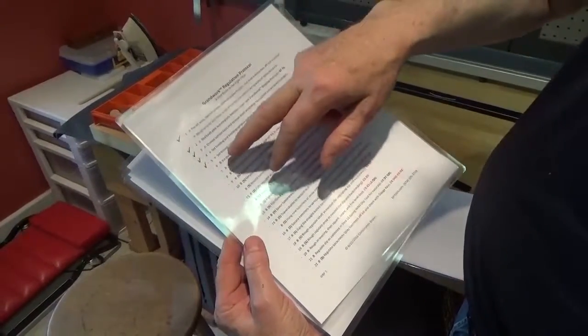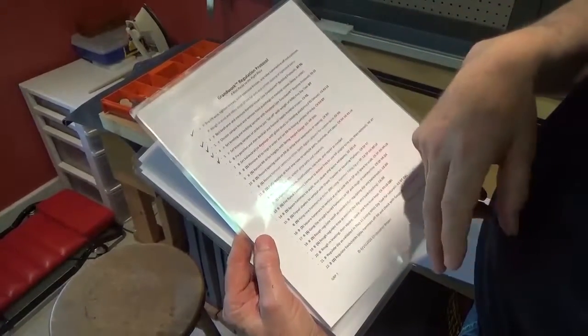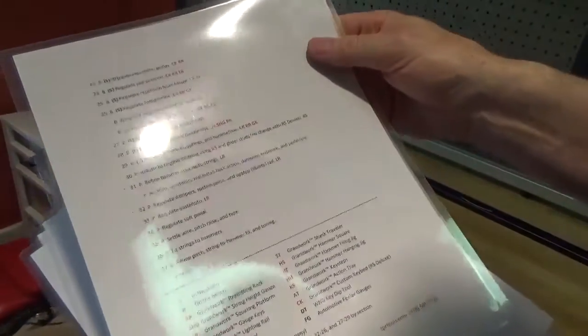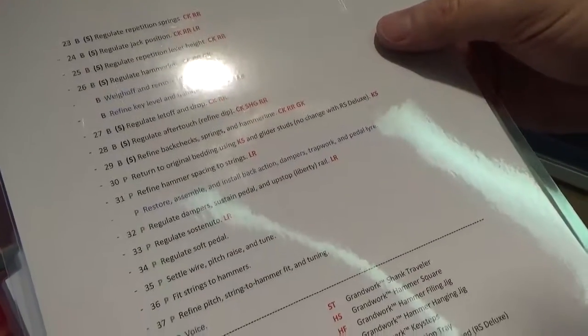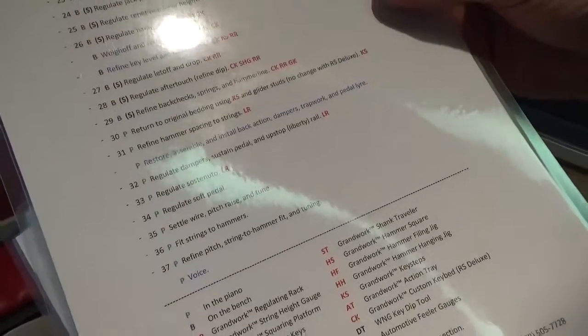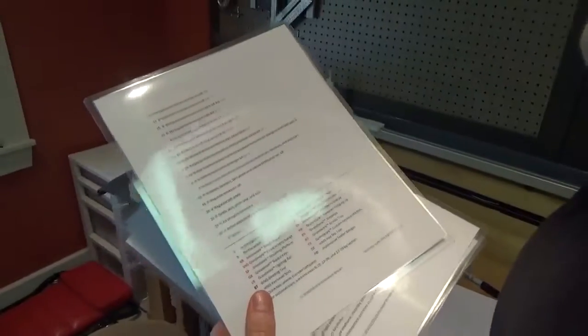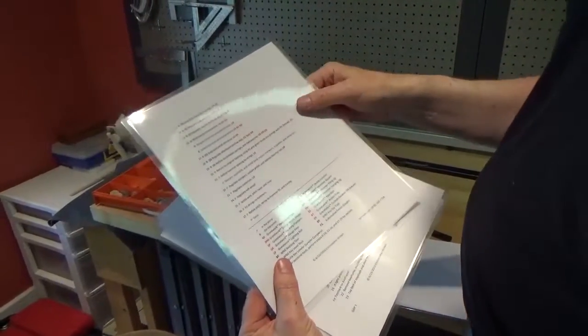But in general, you have here, as I've outlined them, 5 steps in the piano, and then you go from step 6 right through step 29 out on the bench, and then you go back to the piano for step 30 through 37. And yes, there are 37 steps, which is a salute to my friend Leroy Edwards and his fine pedagogy for